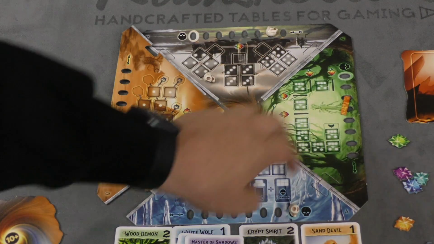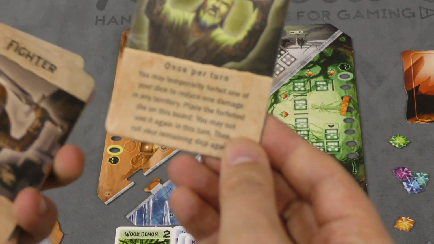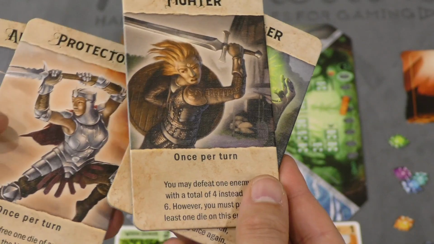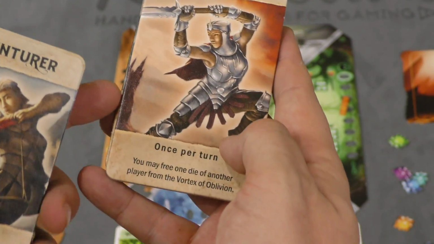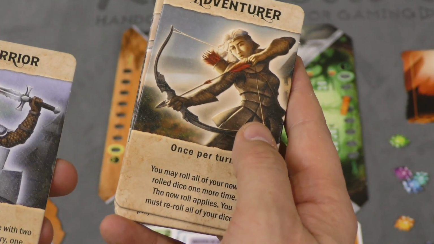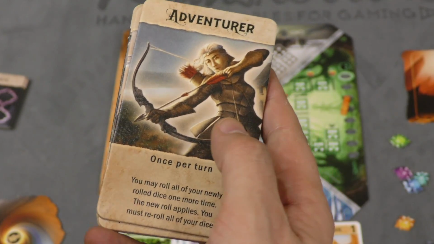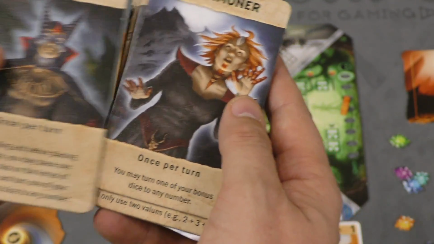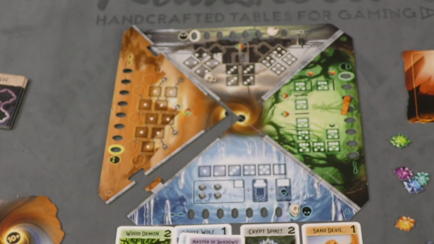And so there's going to be different sides to each of the 4 boards, and players will have special abilities. So for example, the healer can reduce damage in a territory. Fighters can kill enemies with 4 or more, rather than a 6 or more. The protector can free a die of someone else from the vortex of oblivion in the middle. The adventurer gets an extra re-roll, so once they roll, they can re-roll them if they don't like the numbers. And here the summoner die, if you get the bonus die, you can turn it to any number. So each of these has a special ability that can be used at various points over the course of the